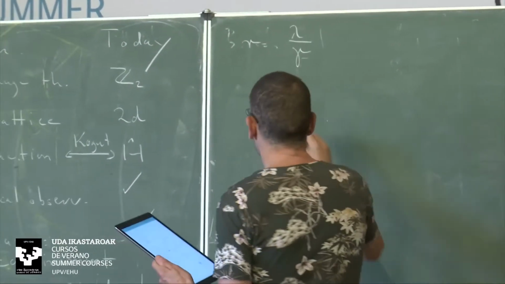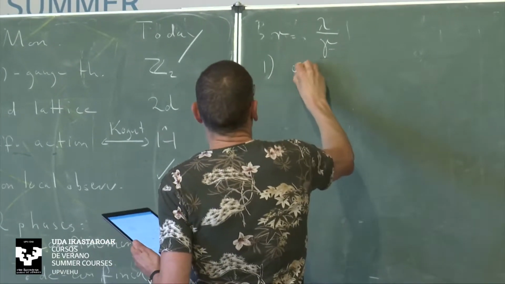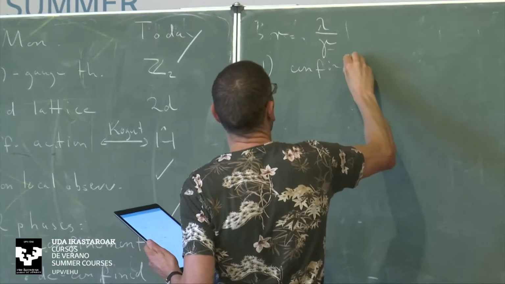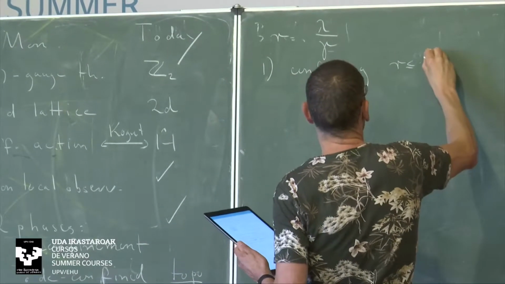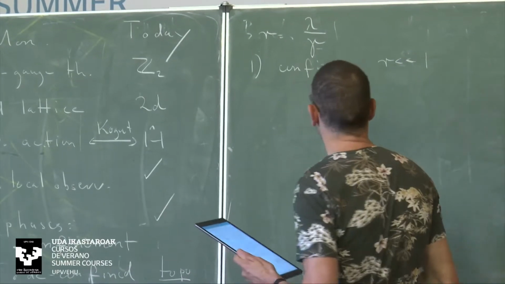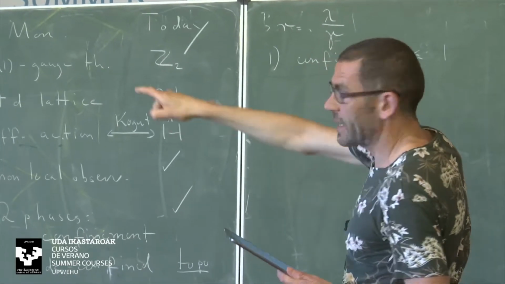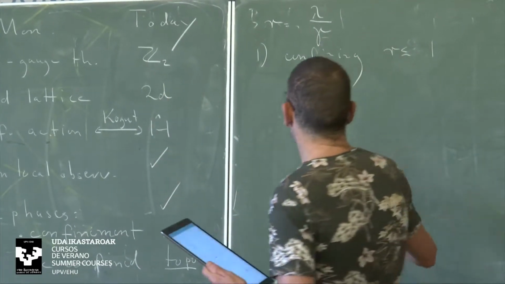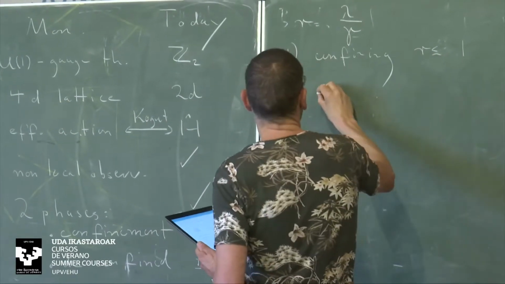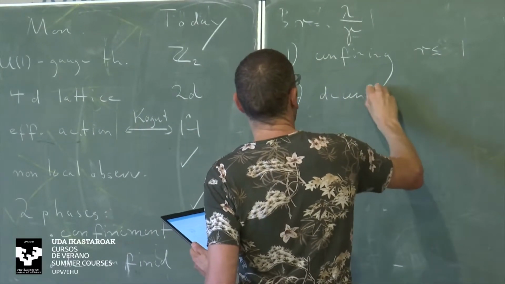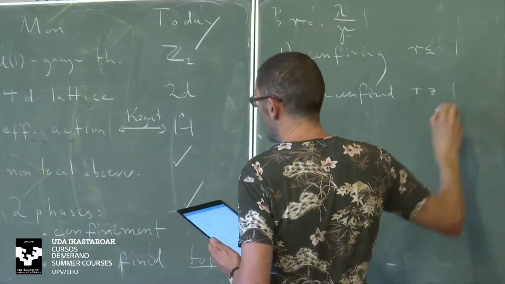And I claim now we have a confining phase. Confining, and that is R much smaller than 1, meaning that the electric term wins. And the second one, the deconfined phase, is the magnetic phase, where the magnetic term wins. This is the deconfined. And what I mean by confinement is